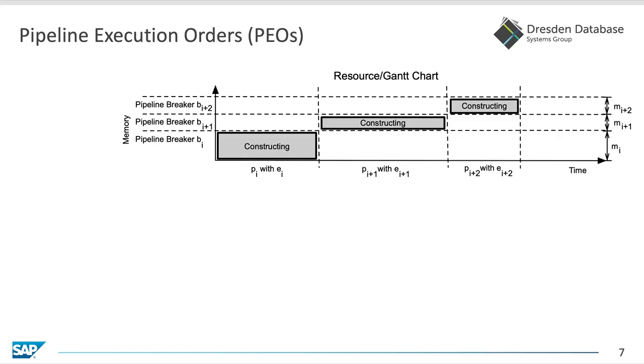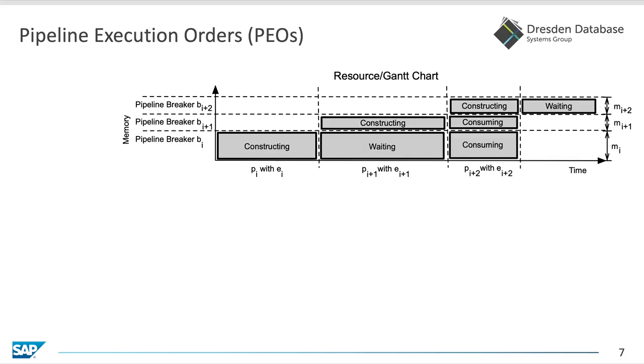Each construction phase is only associated with the individual pipeline's execution costs, and then after constructing, the pipeline breaker of the individual pipeline is waiting to be used by subsequent pipelines. If the pipeline breaker is not immediately used, we call this the waiting phase. When the pipeline breaker is used, its lifetime phase is called the consuming phase,